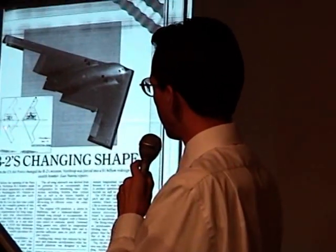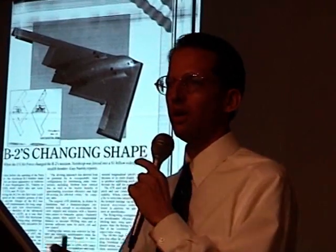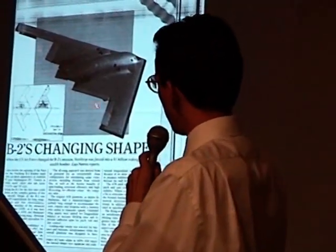Here you see the single sawtooth trailing edge back in 1983, and then 1 year later, it got changed to the double W sawtooth